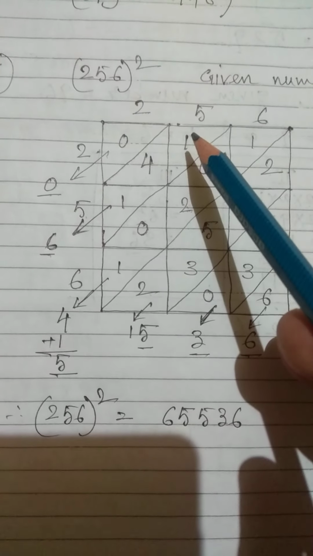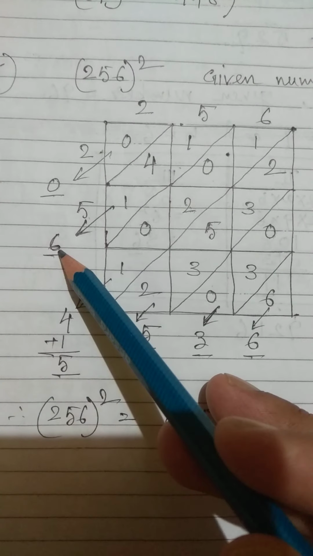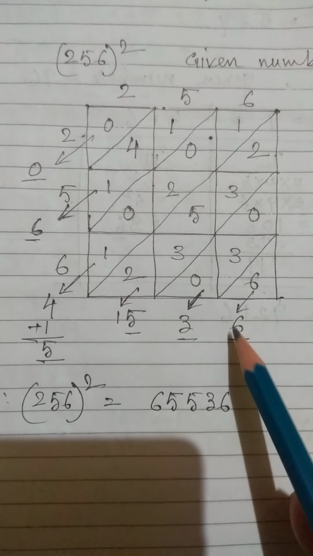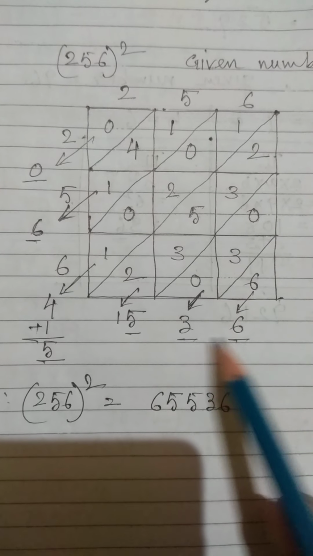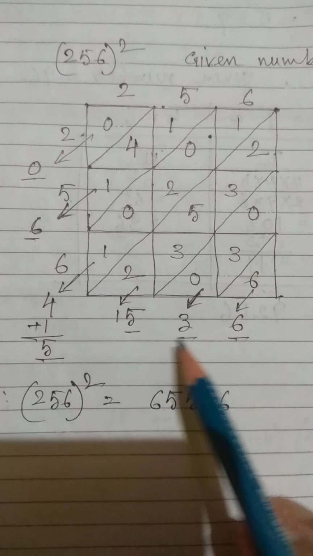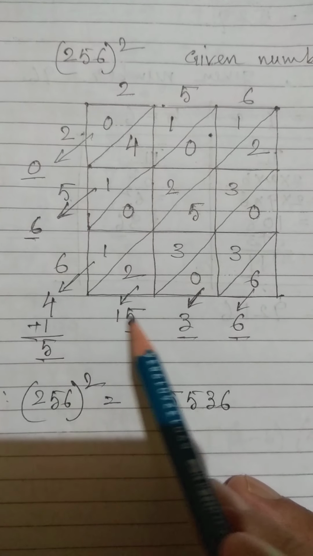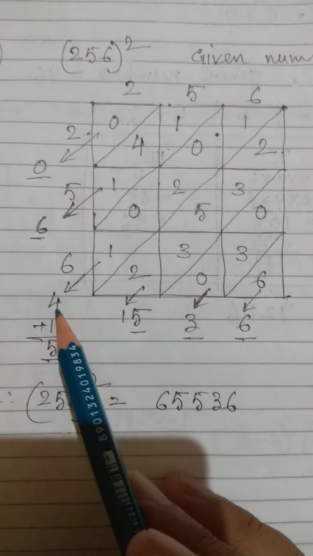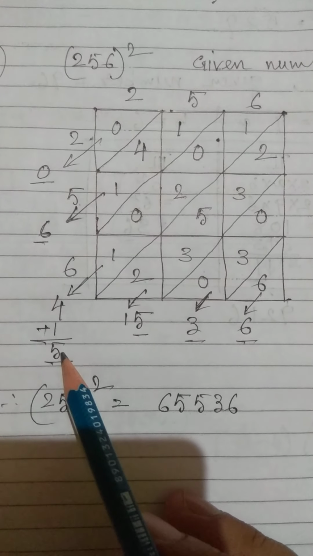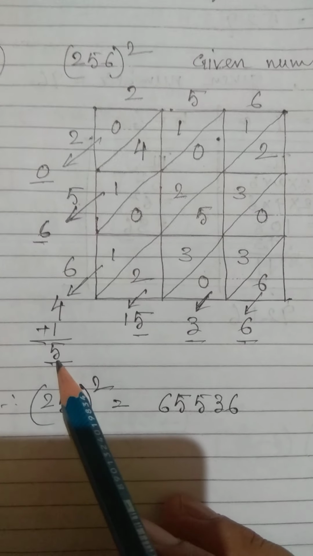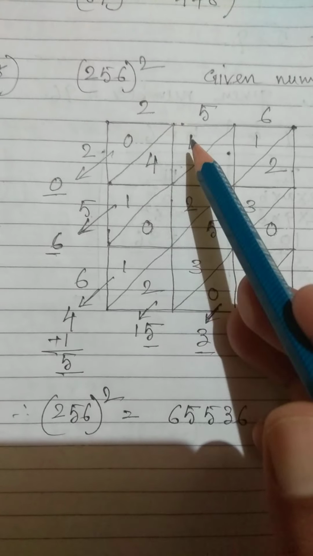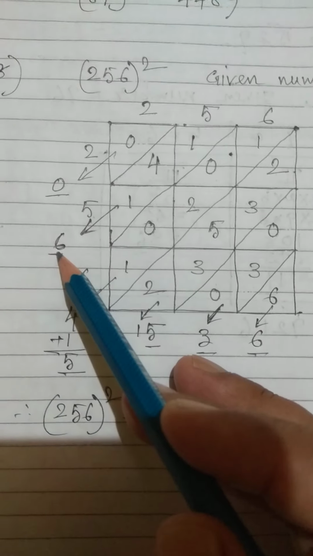1 plus 4 plus 1 is equal to 6, and it is 0. From here, a 1 digit number, only 6 is there, so put a line. Only 3 is there, put the line. And there is a 2 digit number, 15, put a line just below the 5, and this 1 is the carry, and the sum of the 4 and 1 is 5. So put a line just below the 5. There is only a 1 digit number, the sum of 4, 1, 4 equals 6, put a line and